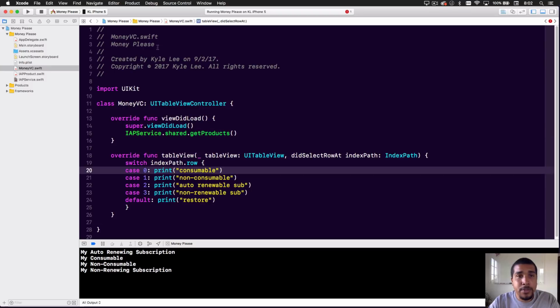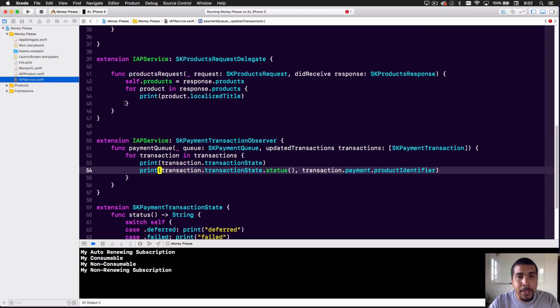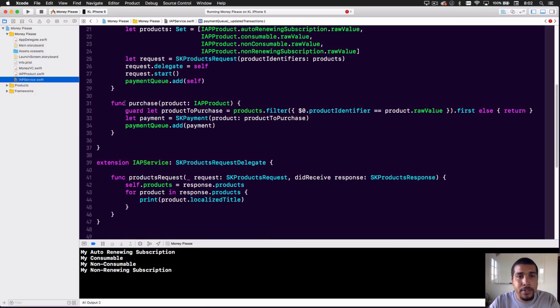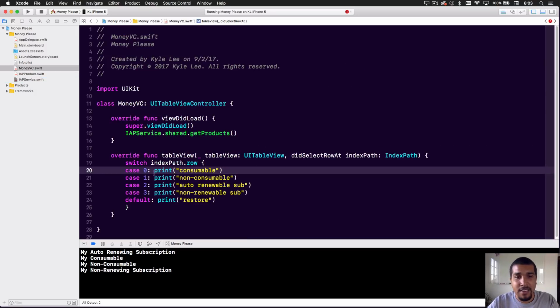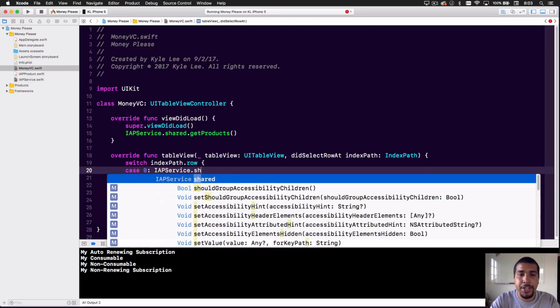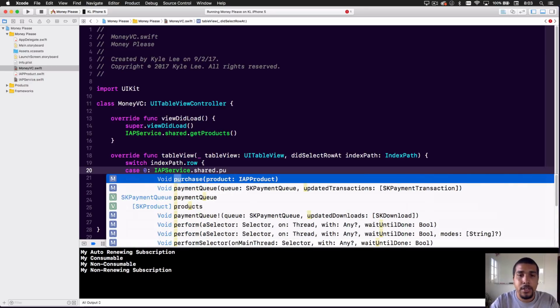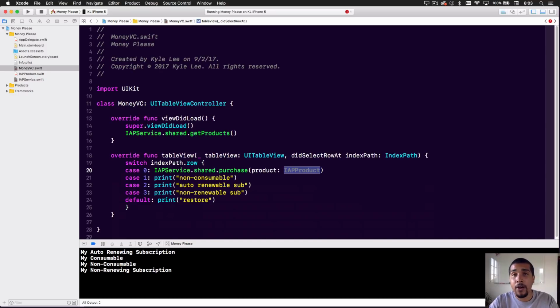All right, so let's go ahead and go back to our money view controller. Remember we added this purchase product function here. Now we can actually start purchasing things. So let's go ahead and do that. Let's purchase some stuff. Purchase. IAPService.shared.purchase. We're purchasing,